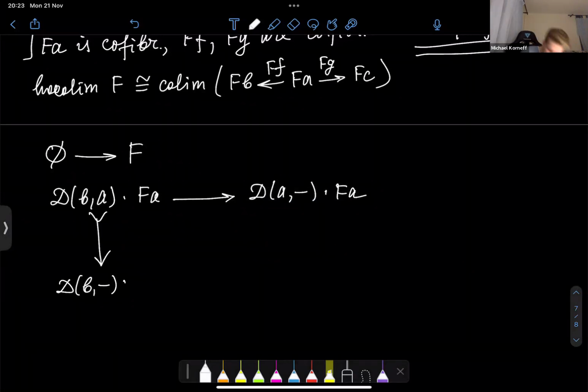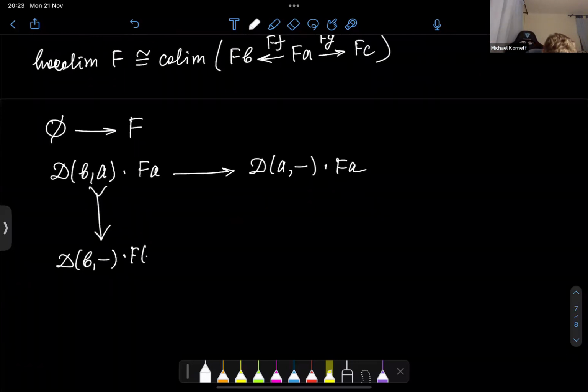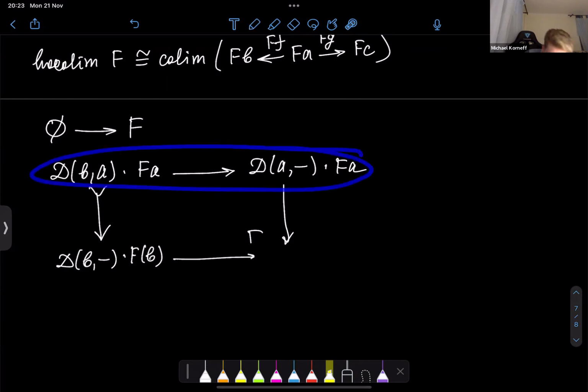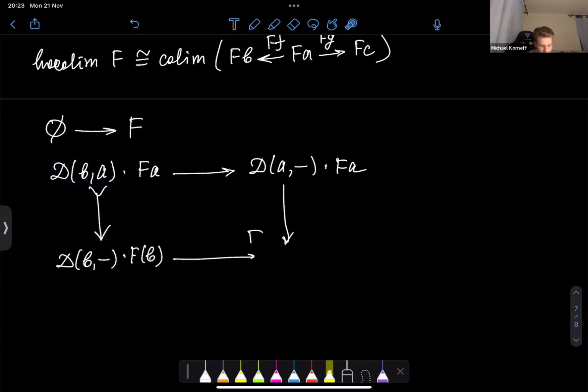Okay. We can form the following pushout. What is the map? This map is just